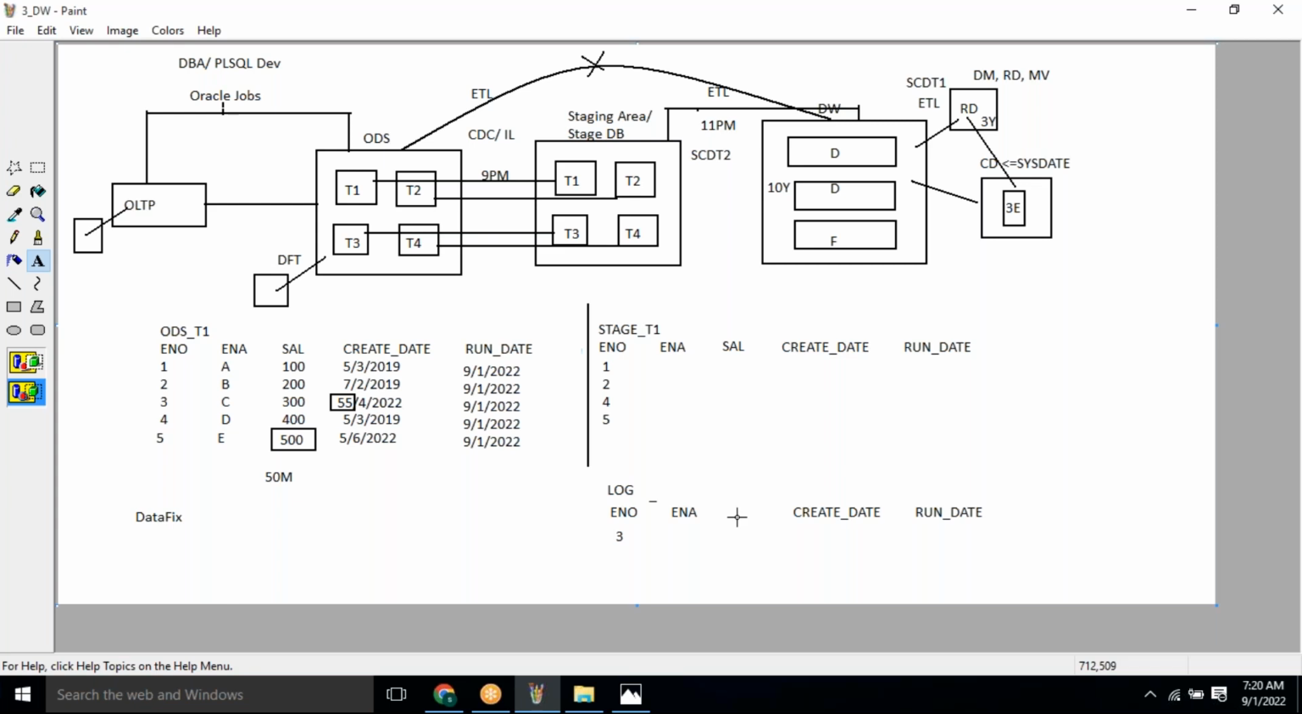Even if an error record comes from the source, instead of failing the execution, we will send that error record into the log table. All the valid records we will load into the stage T1 table, and all the error records we will load into the log table, and we will continue the execution. Once the execution is completed, since there is no failure,